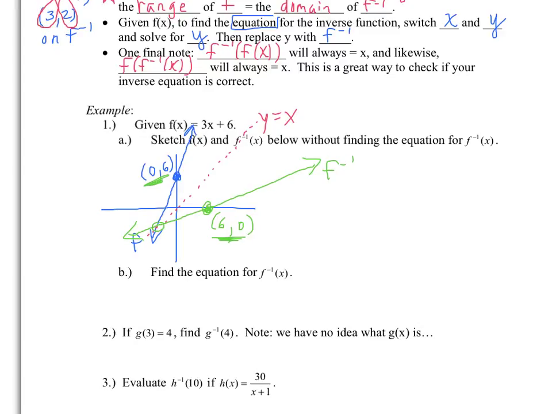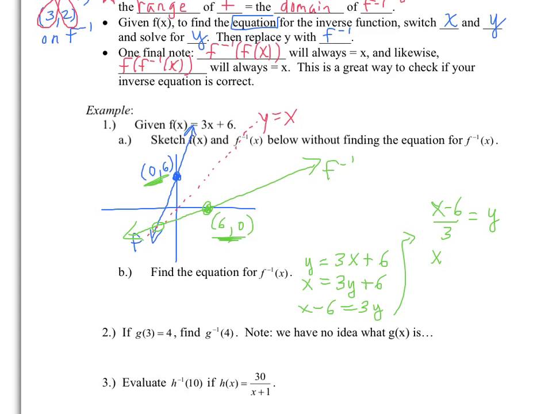So we start by writing out our equation. I'm going to replace f of x with y, so we have y equals 3x plus 6. First step is to switch x and y, and then simply solve for y. So I can subtract over my 6, and then lastly to solve for y, x minus 6 divided by 3